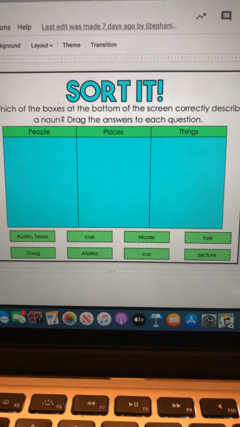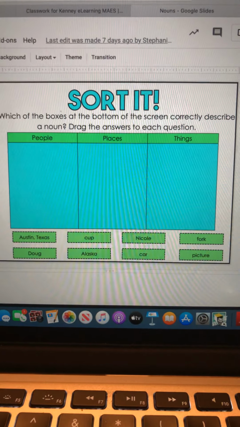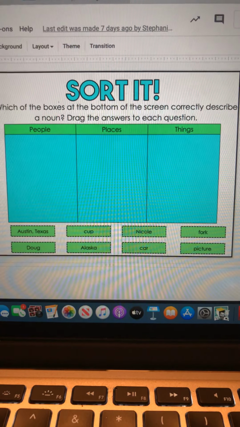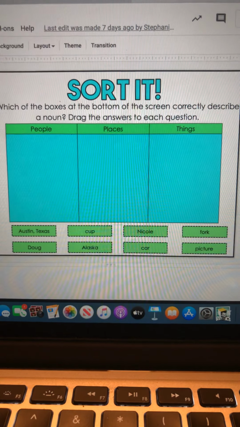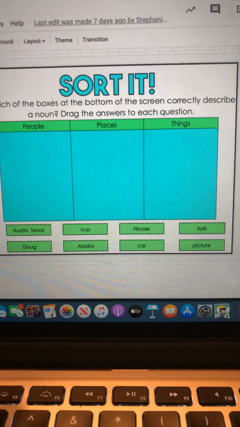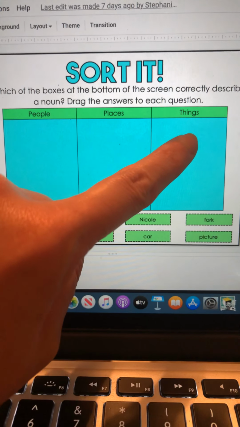All right, for the next slide, it says sort it. Which of the boxes at the bottom of the screen correctly describe a noun? Drag the answers to each question. All right, so you have 3 columns here. One is people, places, things.